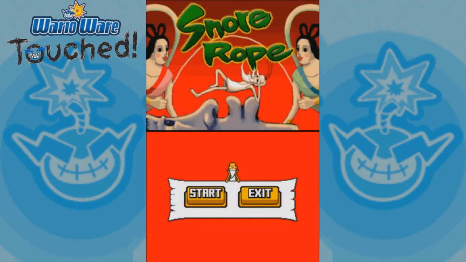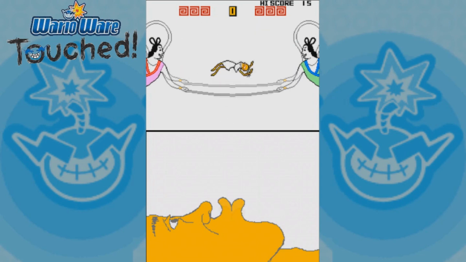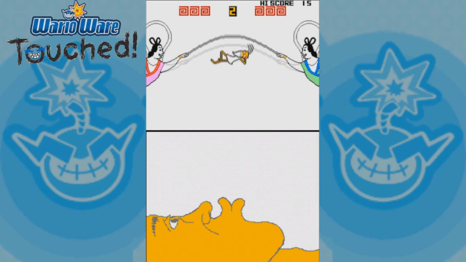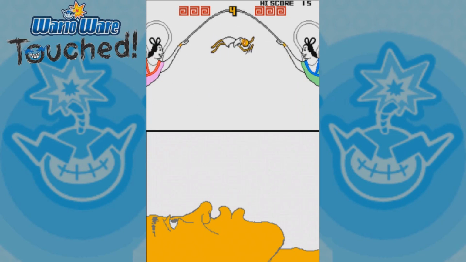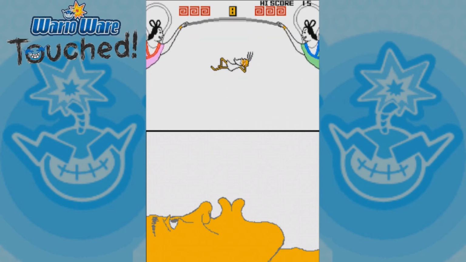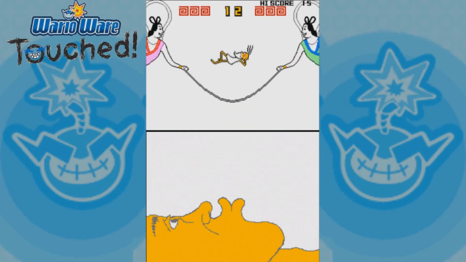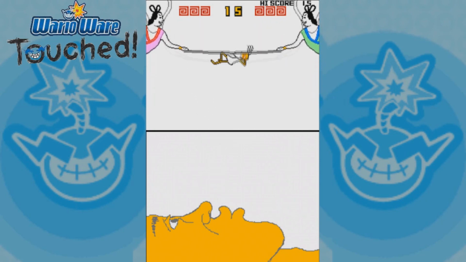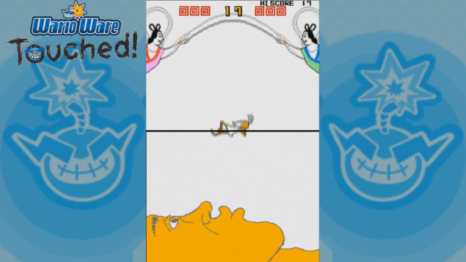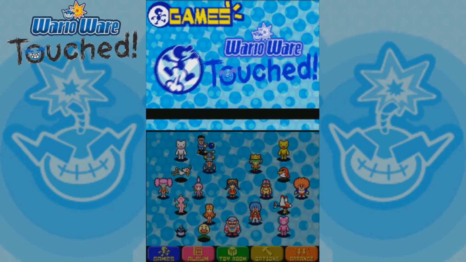Oh, damn it. Okay, well, it's not too hard. I think you kind of want to keep him in the center, I guess. Okay, we got it. That'll give us, I think, the final unlockable in this game. Because nothing else has a high score, so...